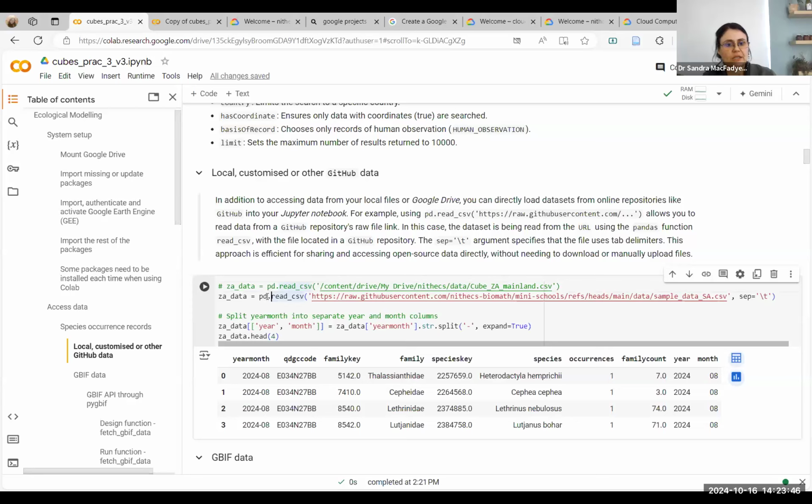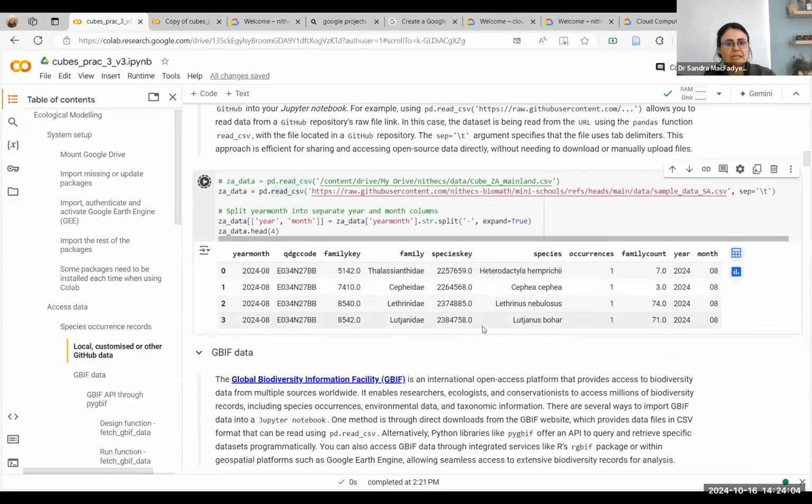This one is using the pandas, so PD. Remember, I shortened it to PD instead of pandas, and it's using the read.cv command, and it's going to read this table from our GitHub site. So when you run that, you're pressing this little play button, you should get a table that looks like this,